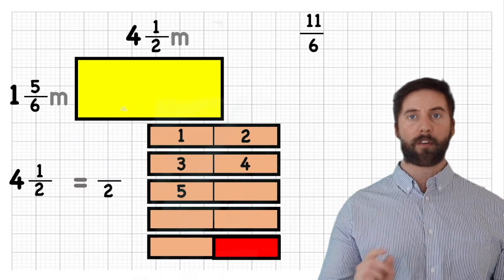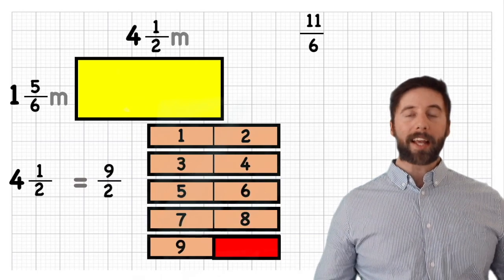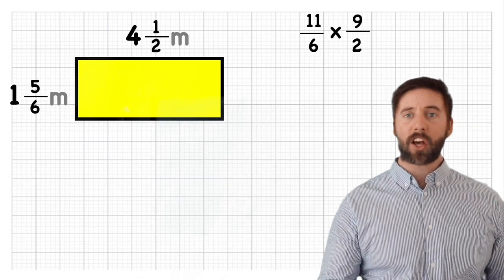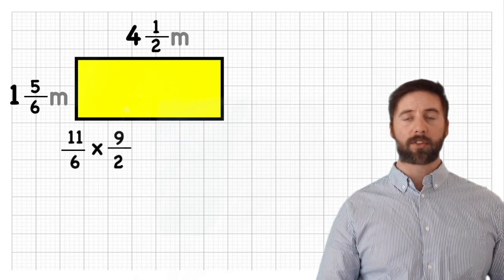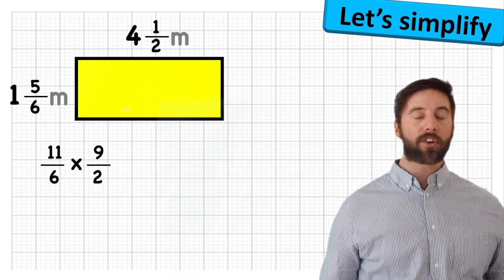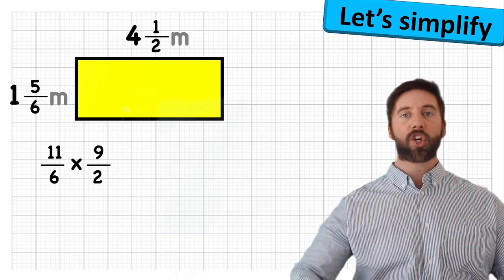1, 2, 3, 4, 5, 6, 7, 8, and then the ninth, 9 halves, okay? So my new improper fractions look like 11 sixths times 9 halves, or 9 twos, okay? And that is the hardest part. If you can get a good understanding of moving from a mixed number back into the improper fraction, you are